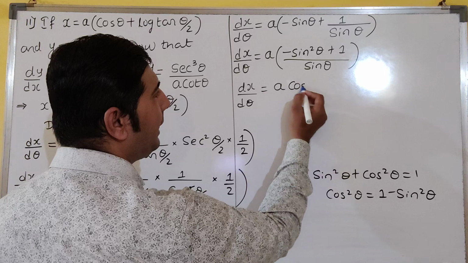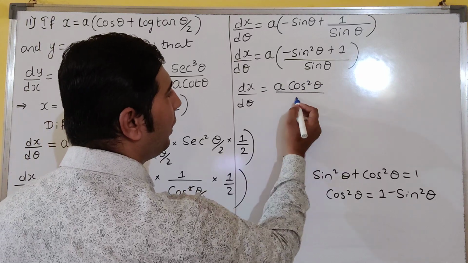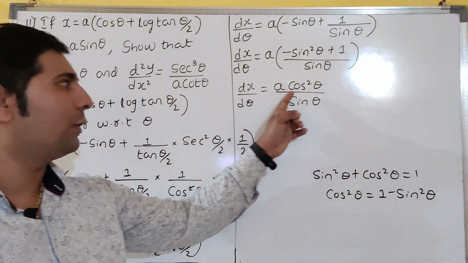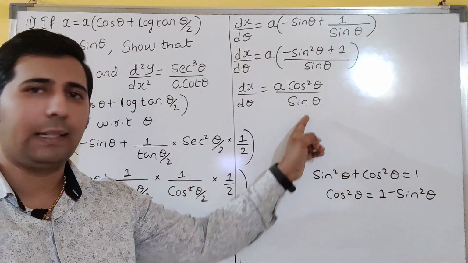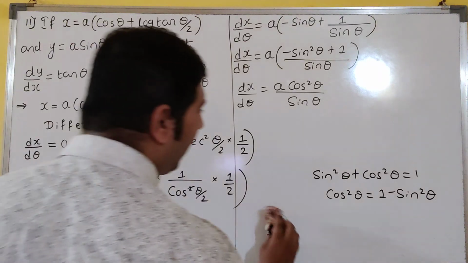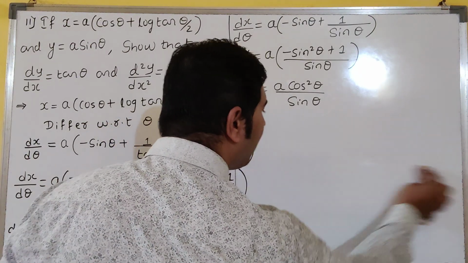A into cos square theta is a cos square theta whole divided by sine theta. I hope it is clear for you. So a cos square theta divided by sine theta. I will erase this, it is not required. If you want, you can copy this formula. So now see,